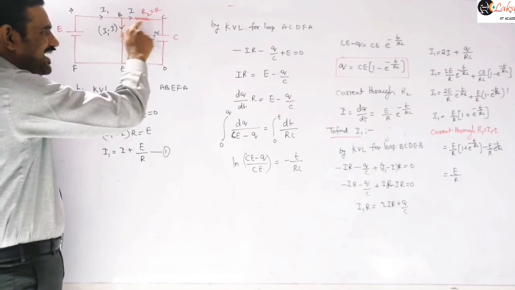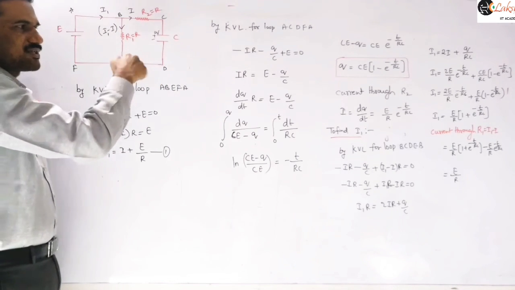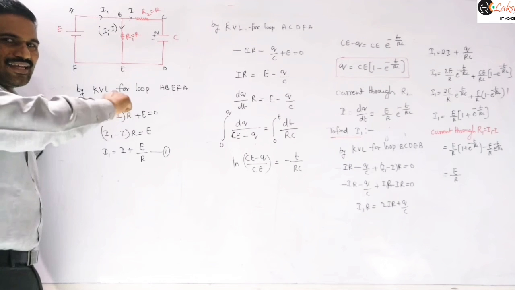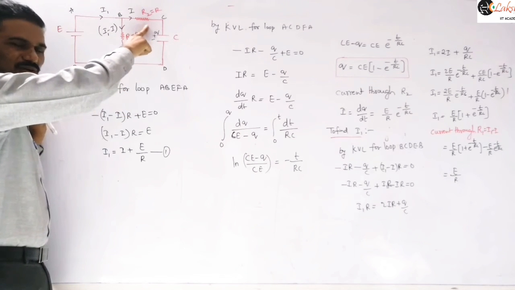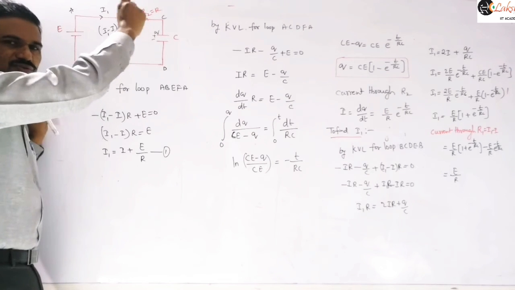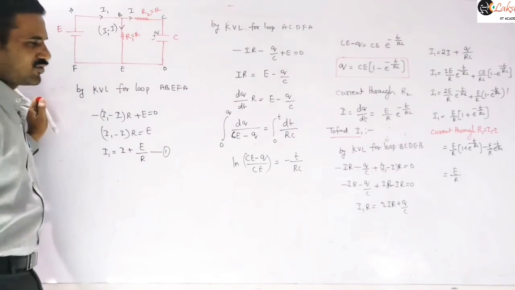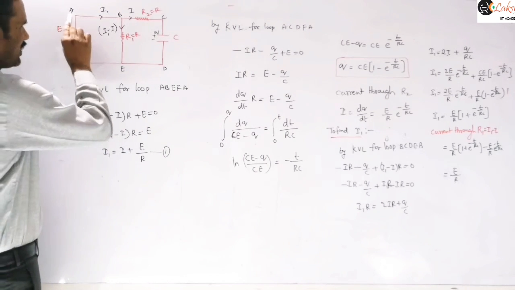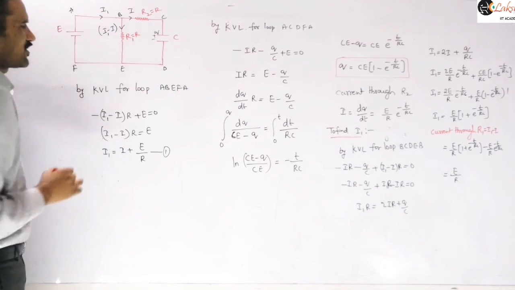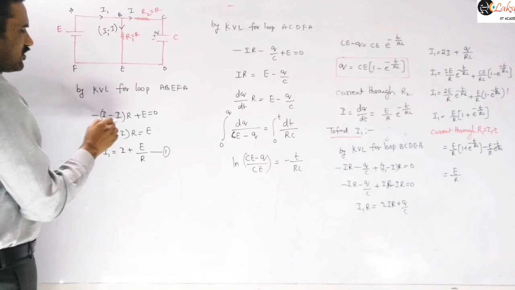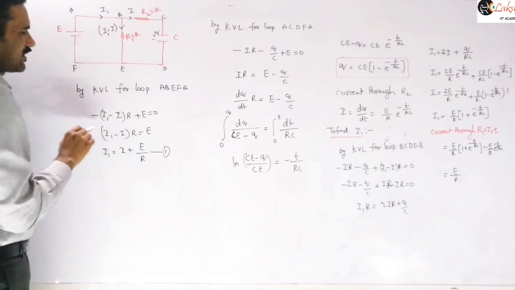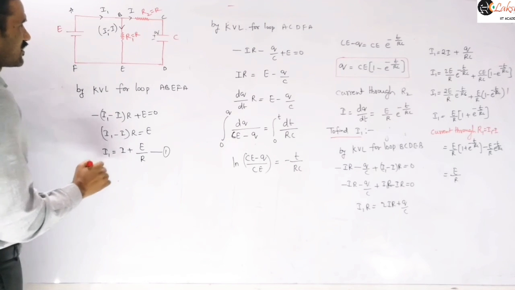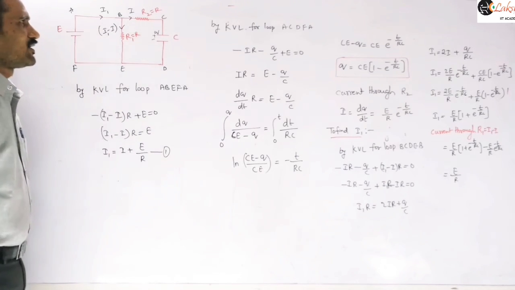If you are taking I directly in the path where the capacitor is there, then there is no confusion. You can replace that I value with dq by dt. If you are taking I in any other branch, you need to remember the variable you used and replace it as dq by dt, otherwise you will get wrong answers. So first I am taking the first loop here, a b e f a. For this loop we write minus I1 R minus I R, that means we are traveling in the direction of this current, plus E is equal to 0, and from this, I1 is equal to I plus E by R, right?